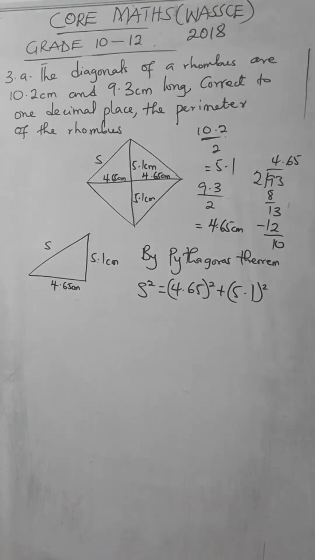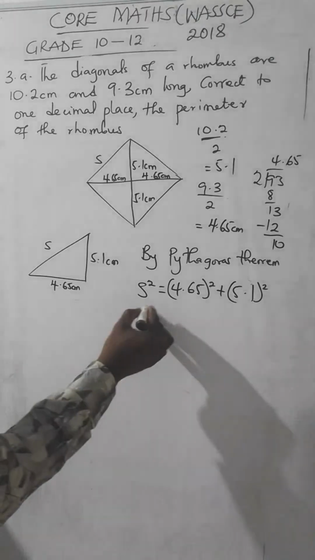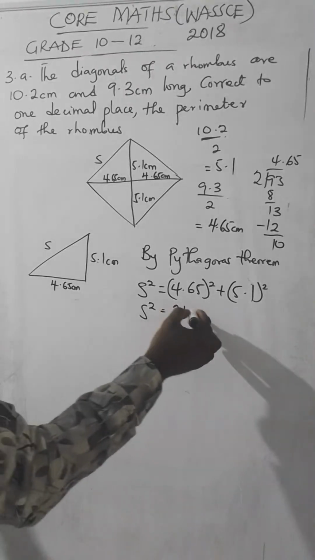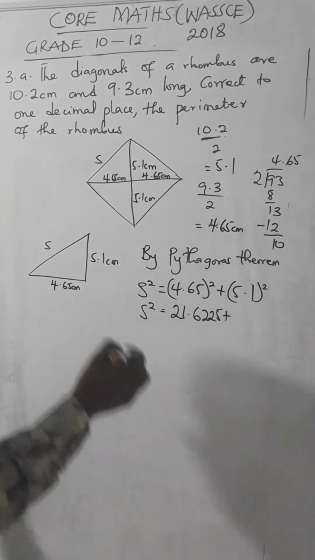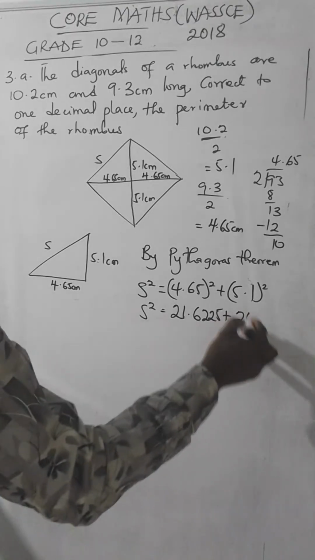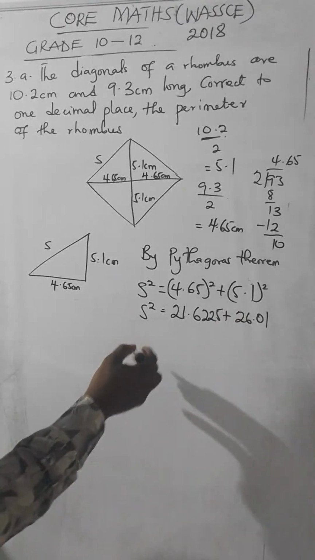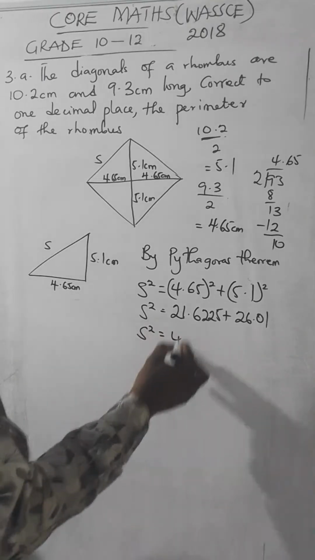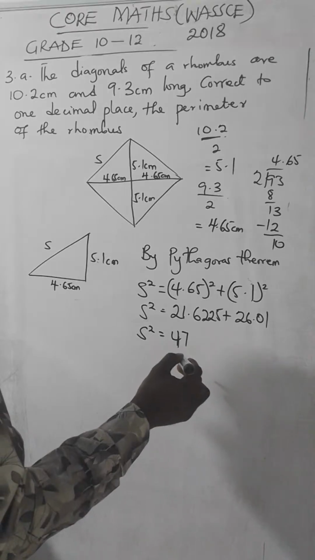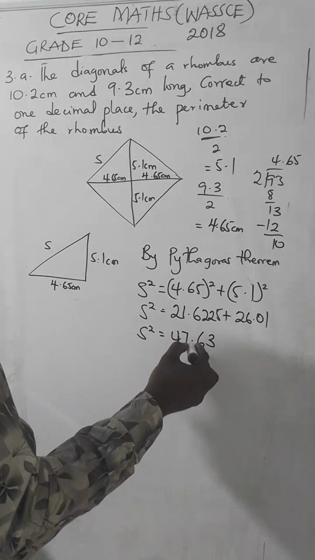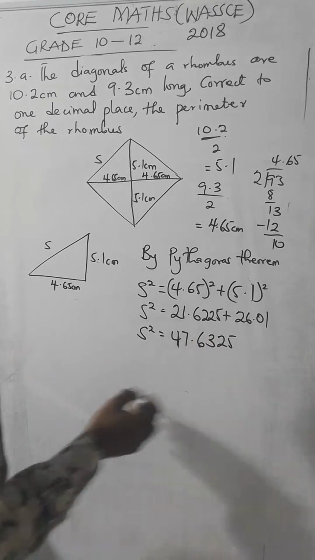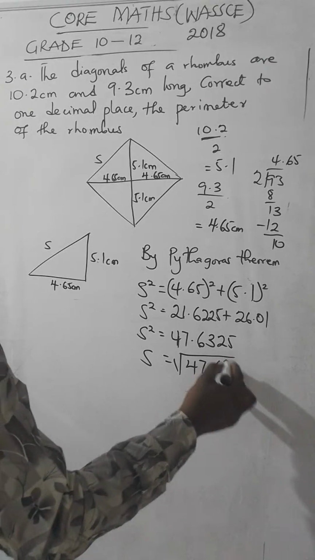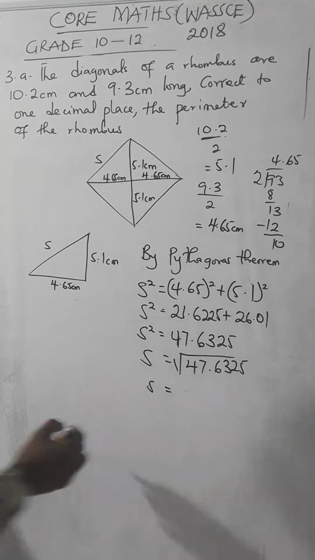We have 4.65 squared to be 21.6225. Then 5.1 squared to 26.01. So from here, you have the S squared to be, you add them, you get 47.6325. So S will equal to square root of 47.6325. So this gives us